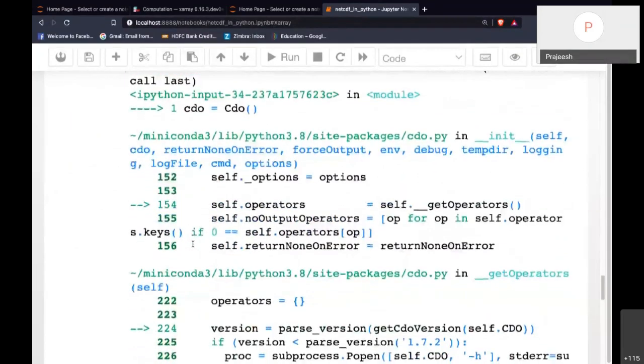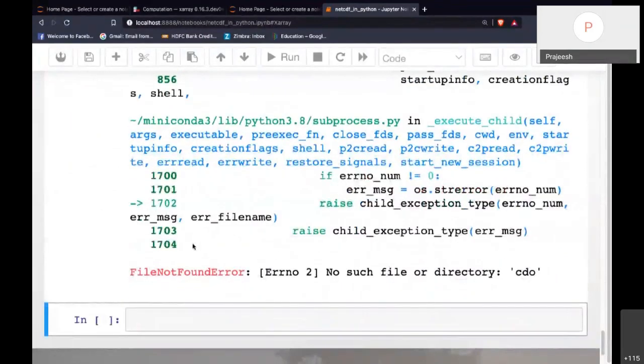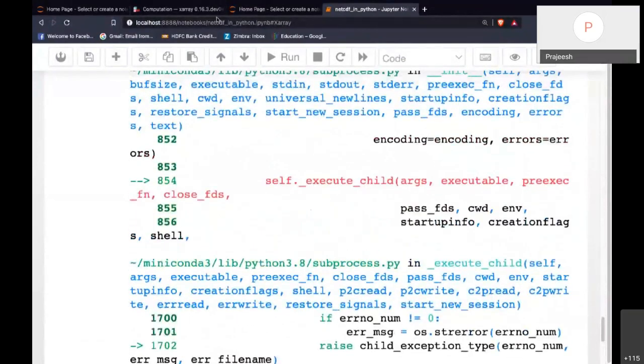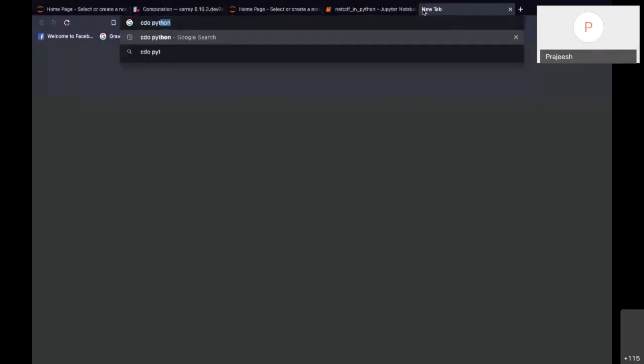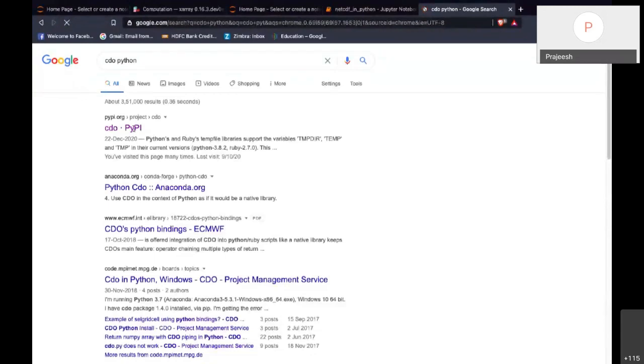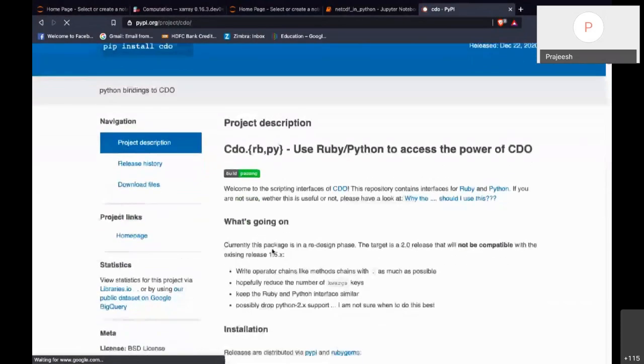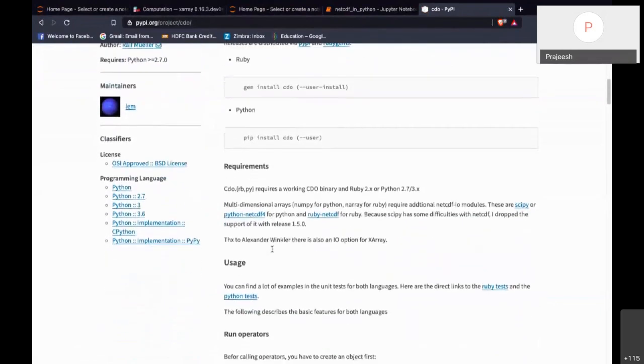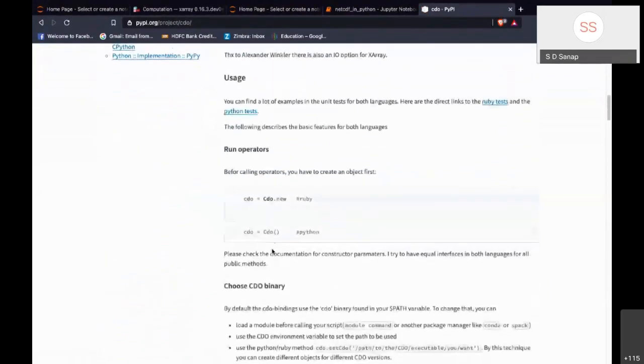Okay, what is it saying? No file or directory. Okay, let me check how to initialize CDO in Python. CDO Python. So this is the documentation available for CDO. Okay.